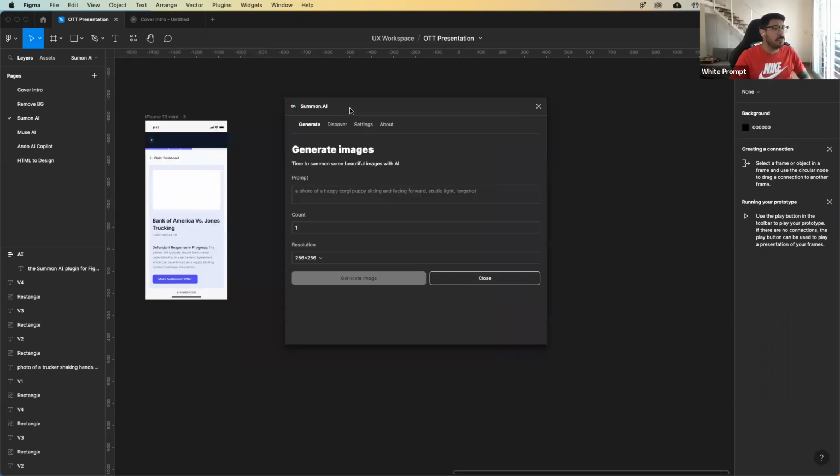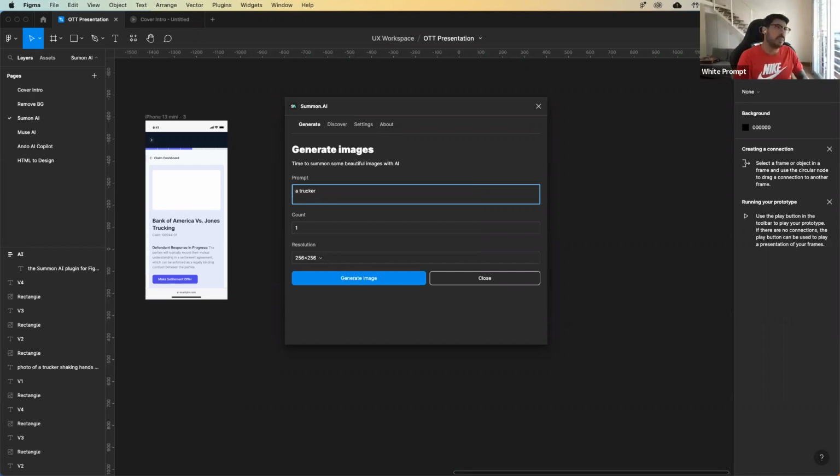So it will open the plugin here, and it will ask me for a prompt. And as some of you may know already, the more specific information that you give to the plugin, the better results it will give you. I think that's the overall rule when you are using AI in whatever situation. So let's say I'm going to have, I don't know, a